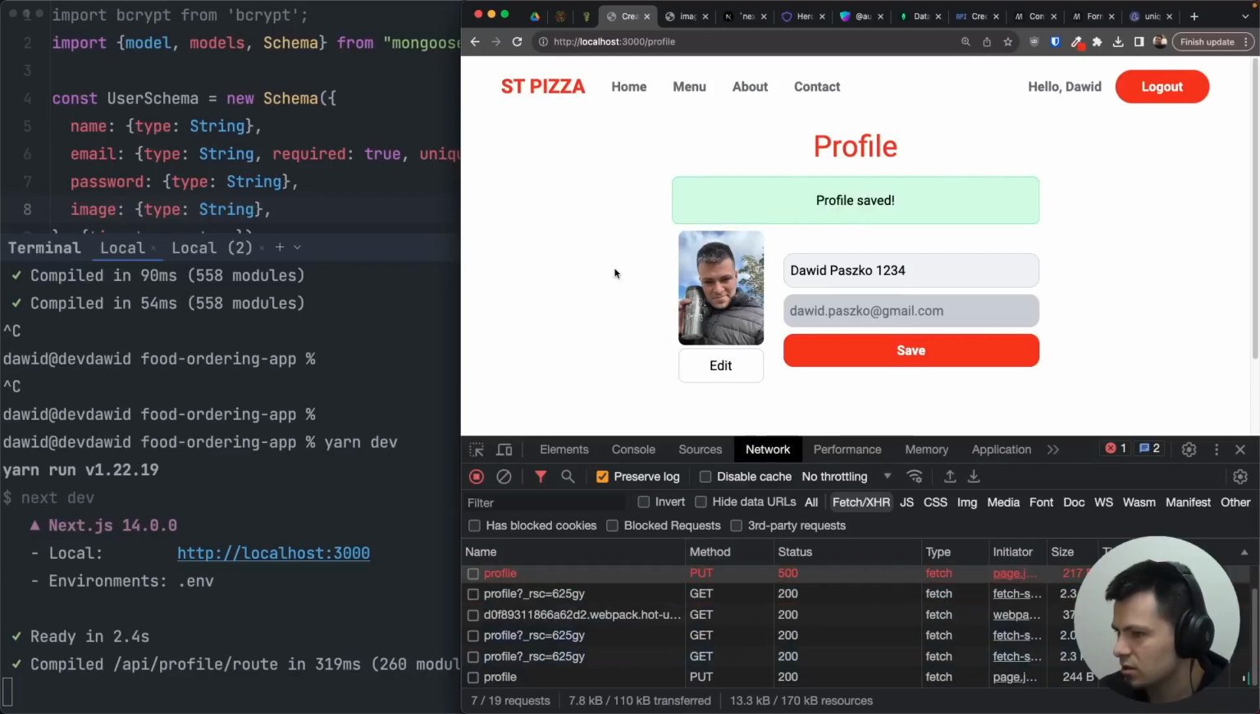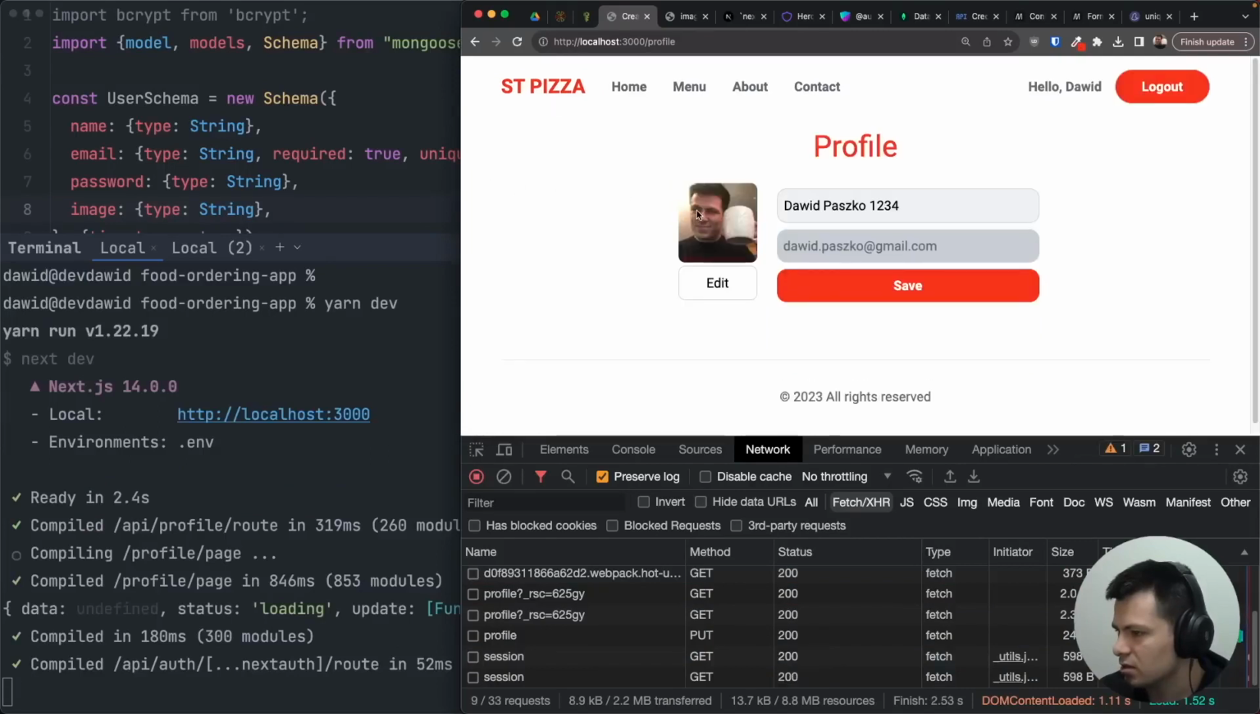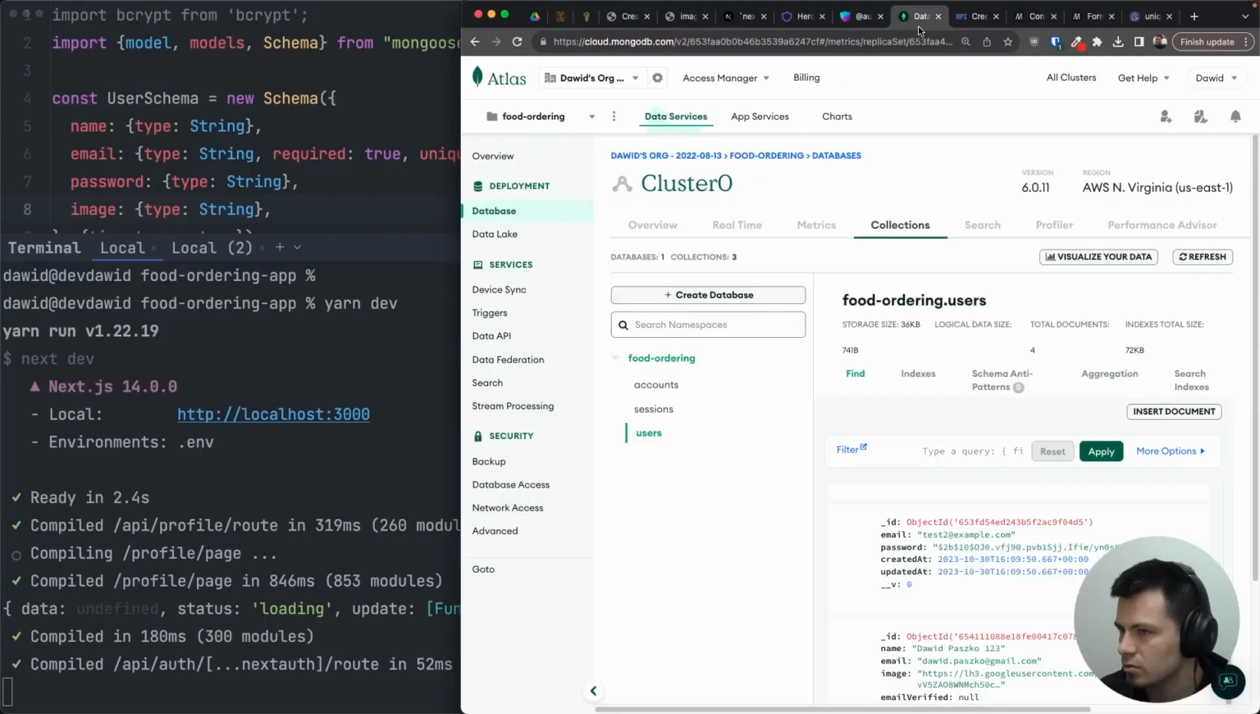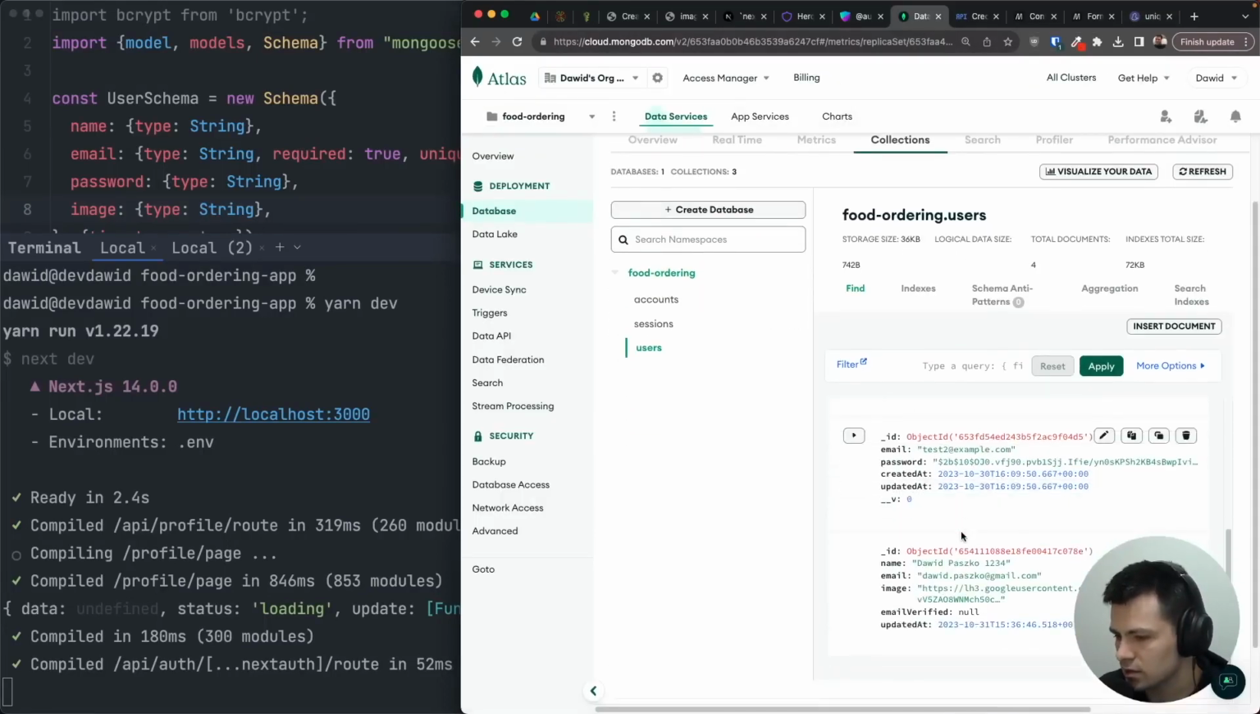So this worked. Now let's see what happens if I refresh. If I refresh, it's loading, but it shows the old picture. So something went wrong. Let's see our database, refresh. And let's see on the bottom, we still have the old